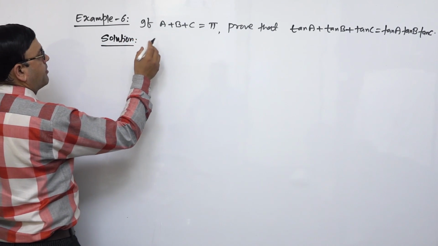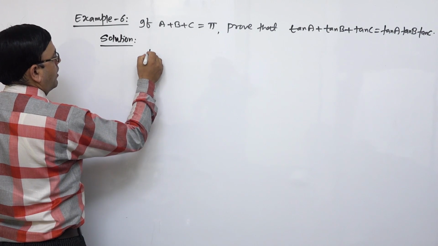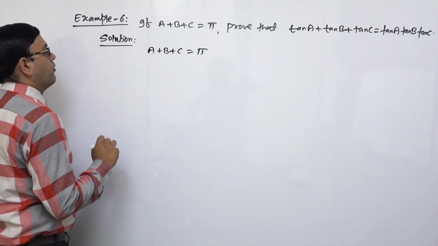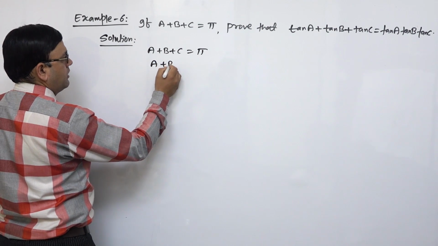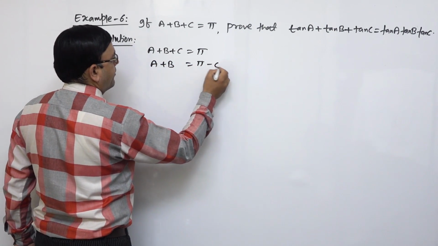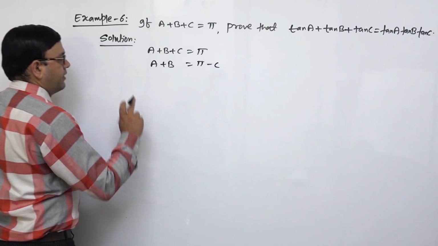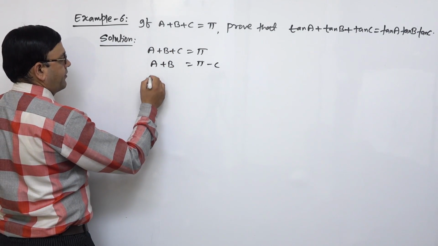We have here the given condition is a plus b plus c is equal to pi. So a plus b is equal to pi minus c. Taking tan on both sides,